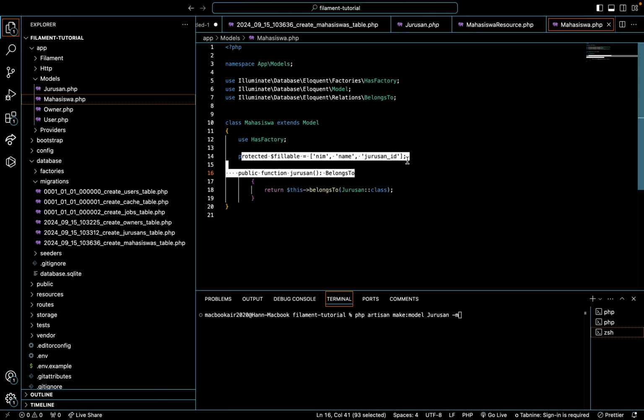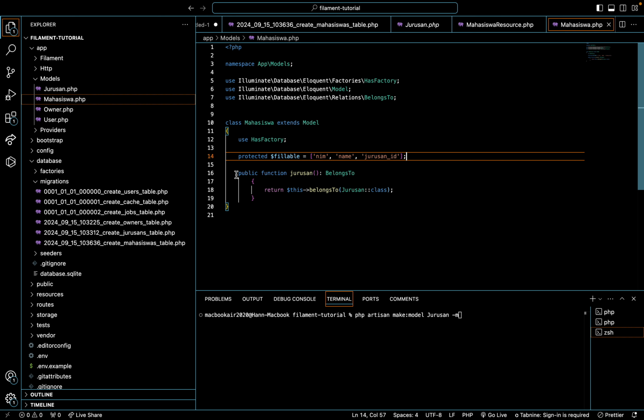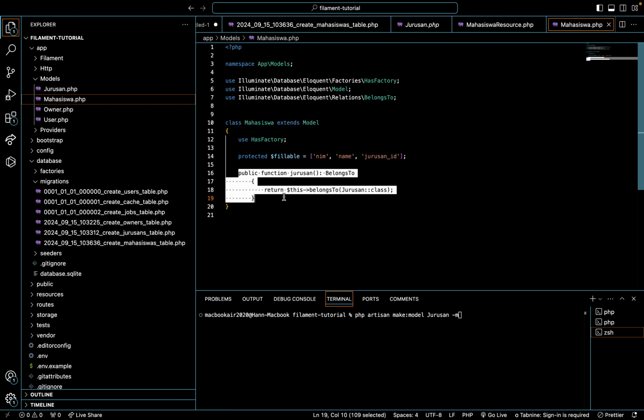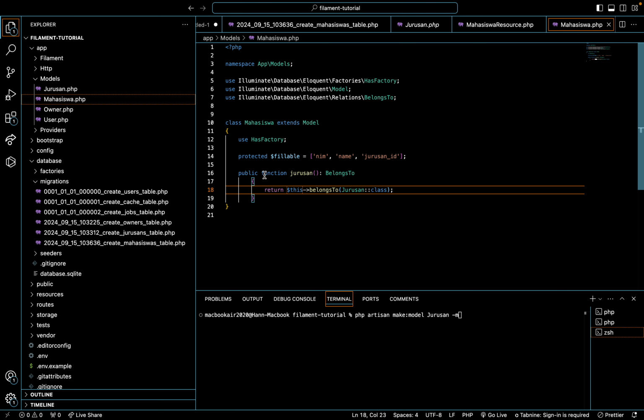Later I will explain the variable, but first I want to explain this: public function jurusan, and then return this belongsTo Jurusan. The belongsTo will be connected to jurusan.